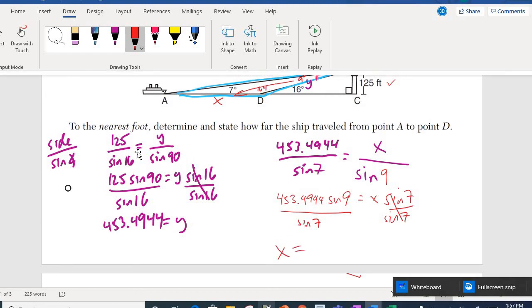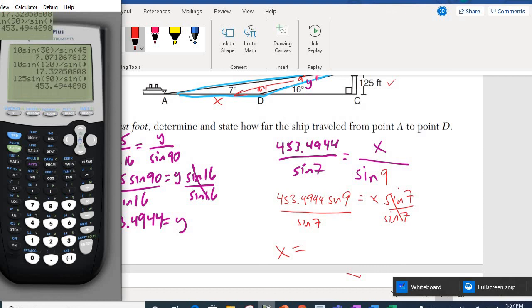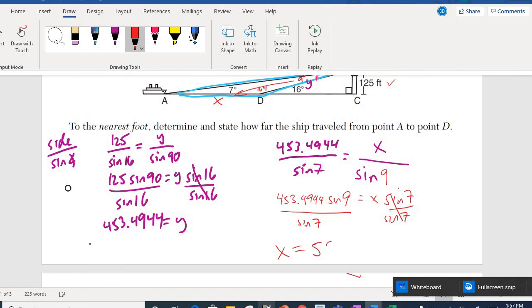Okay, so I'm going to go to my calculator. We're going to type in, okay, see it's sitting there on the screen right now. So I'm going to take that number. So I'm going to press second answer. Okay, that's the 453 number. I'm going to multiply that times the sine of 9, and I'll divide by the sine of 7. And we want this nearest foot, so it should be about 582 feet is the distance that the ship traveled